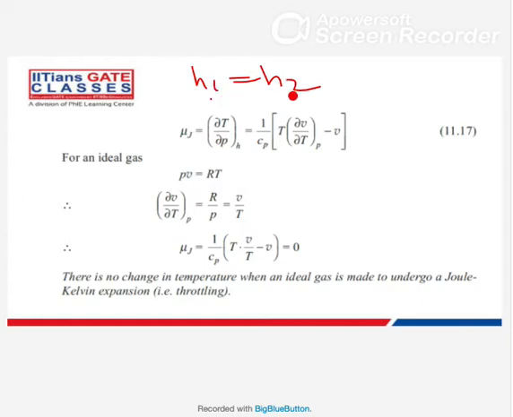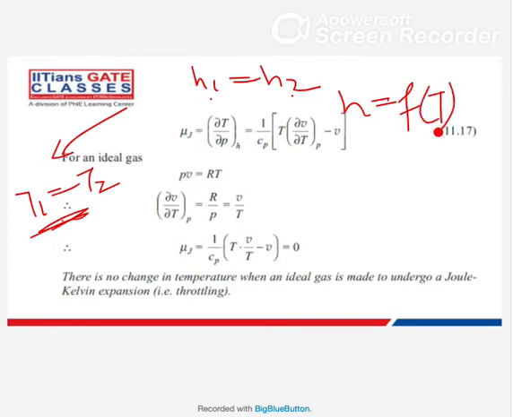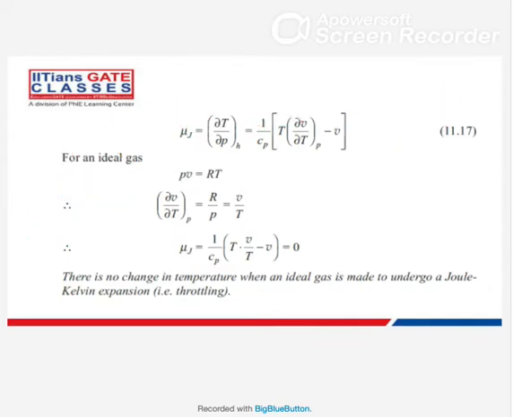But we were not sure whether the temperature will be equal, like T1 equals T2. We were not sure. For ideal gas, we are sure. Why? Because enthalpy is a function of temperature only for ideal gas. So if enthalpy is the same, then temperature should also remain the same, because H you can write Cp T1, and this also you can write Cp T2. Cp cancels out, so T1 equals T2. So this you will get only for ideal gas, but if it is real gas, you won't get it. Temperature will not remain the same.